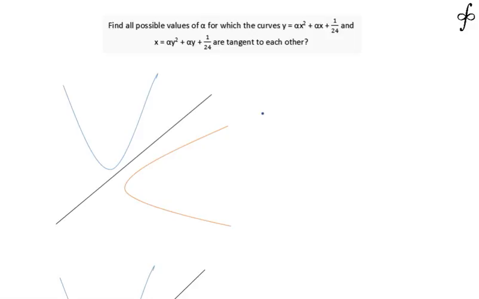The question says: find all possible values of alpha for which the curves y equal to alpha x square plus alpha x plus 1 by 24 and x equal to alpha y square plus alpha y plus 1 by 24 are tangent to each other. Now from the construction of the function, we can easily see that the position of x and y in these